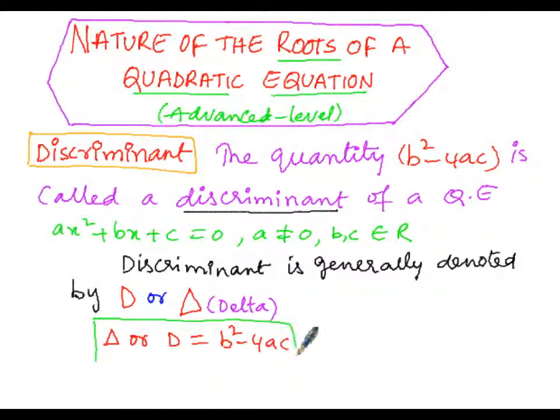But here we are discussing the nature of the roots. To know the nature of the roots, that is whether the roots are real or imaginary, that is complex, or in other words equal or unequal, or rational or irrational, first of all we have to find the value of the discriminant, b square minus 4ac, from the quadratic equation ax square plus bx plus c equals 0. Then based upon the discriminant value, the nature of the roots will be identified.